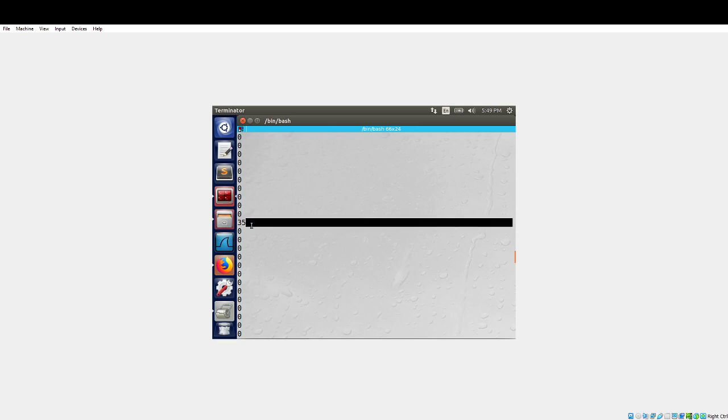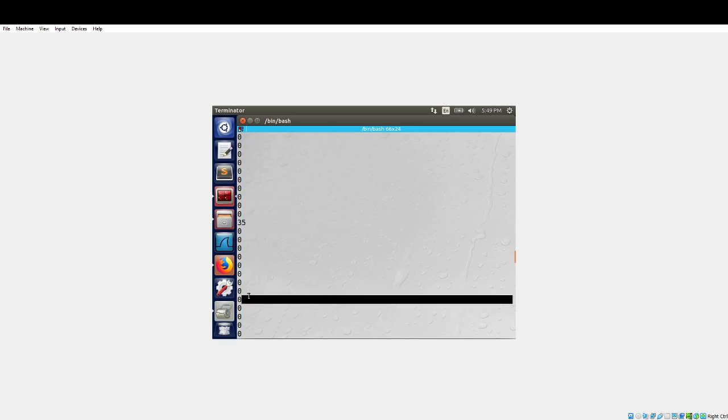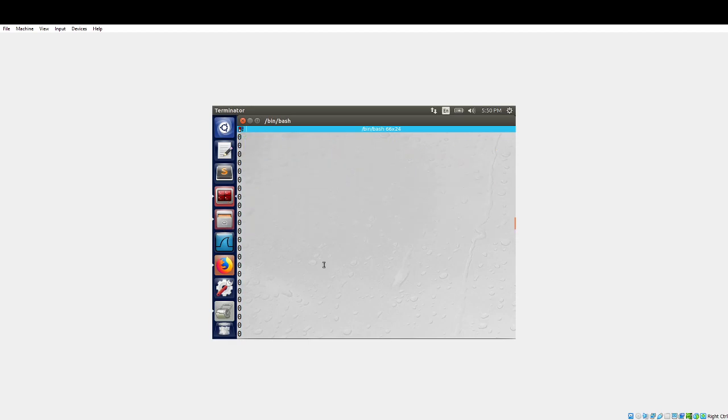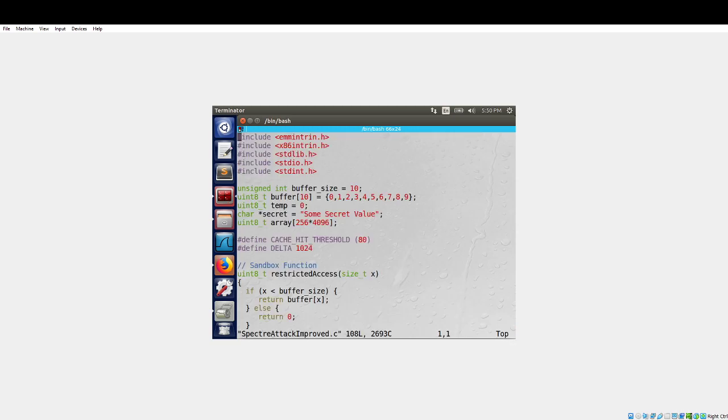So as you can see here, this one was pinged 35 times as being under the cache threshold. And if we keep going up, then we'll see where we started, and boom, right here is where the main issue is. So for some reason, this value, the initial value for the array, so score 0, is at 1,000, which is not what we want. So we can go ahead and just clear this up so it looks better. We'll go back into our VI.